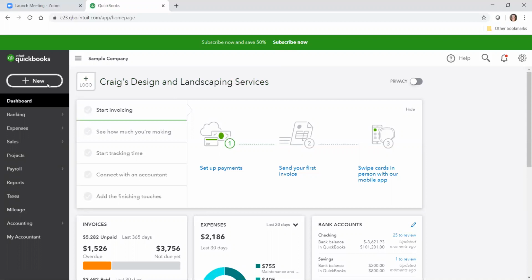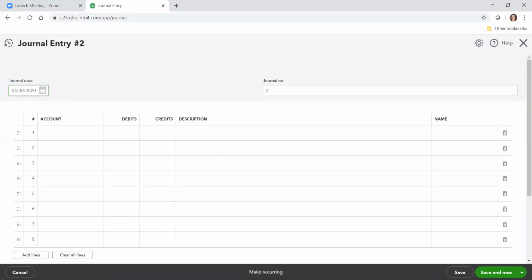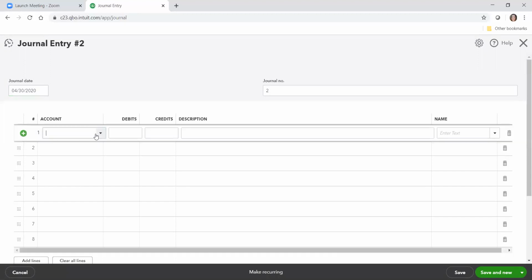And for the sake of this exercise, we are going to assume that on 4/30, we had a PPP loan deposit of $200,000. Now, two scenarios we'll look at: one, if the funds were deposited into your regular operating checking account. And the other is if you had a new bank account created and the PPP funds are in their own bank account. So we'll walk through both examples and how to track the funds. So for the initial deposit,